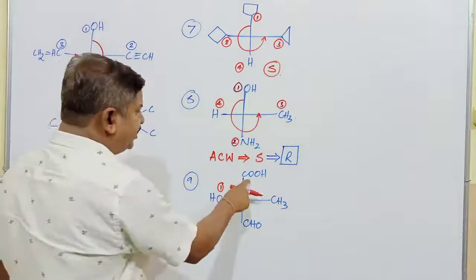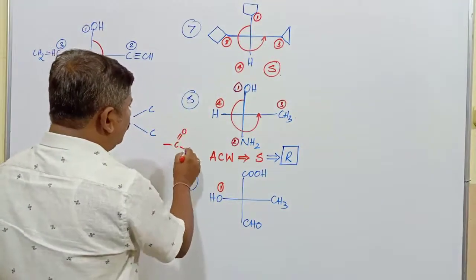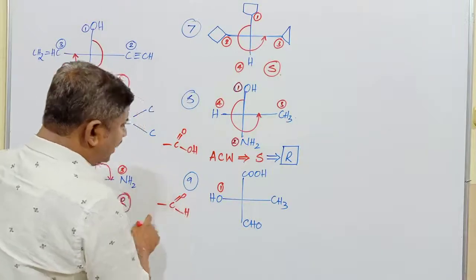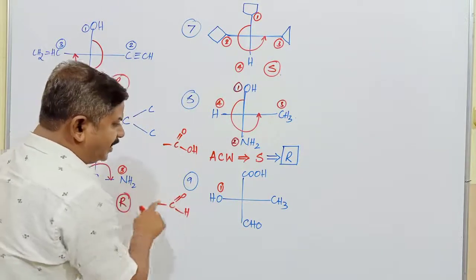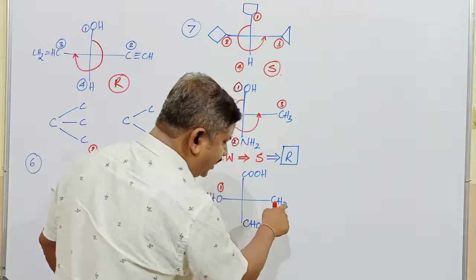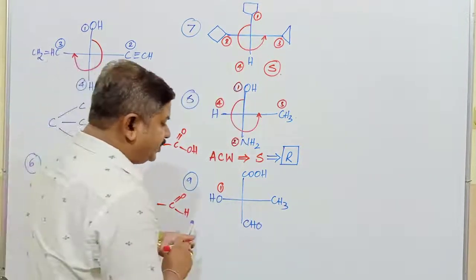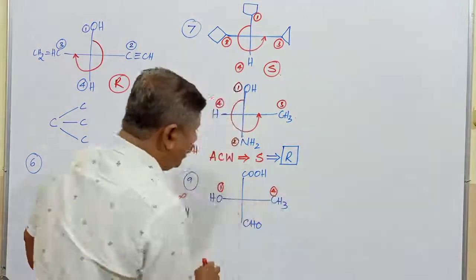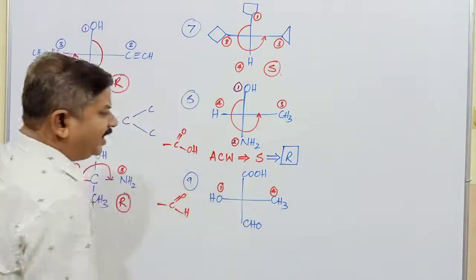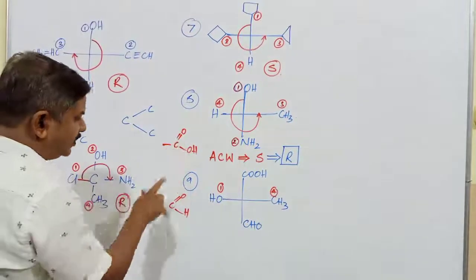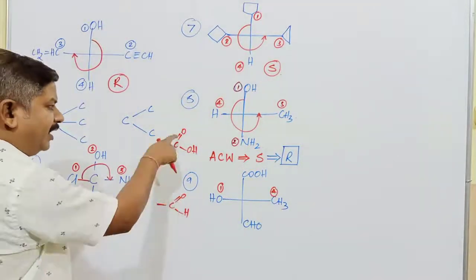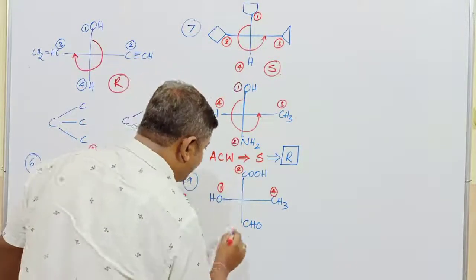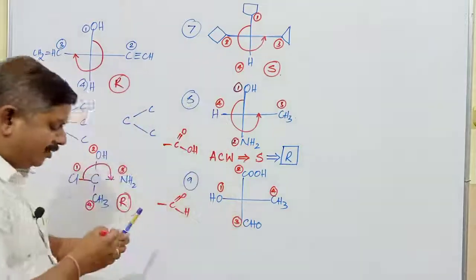But if you observe this one, it is C double bond OH. Next one, this is C double bond OH. Here carbon is connected to oxygen, here carbon is connected to oxygen, here carbon is not connected to oxygen, it is connected to hydrogen atom. So naturally I will write this particular priority group as fourth one. Now between these two groups, which is going to have highest priority? It is connected to two oxygen atoms, and this is connected to only one oxygen atom, here also double bond, here also double bond. So naturally this group will have second priority and this group is having third priority.